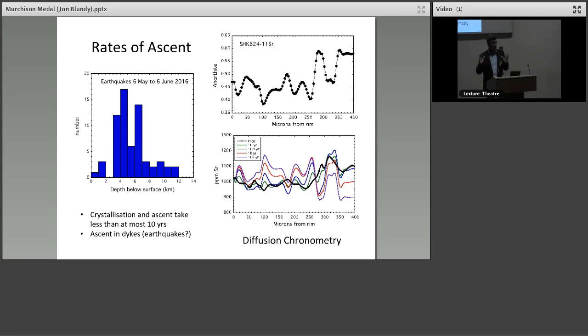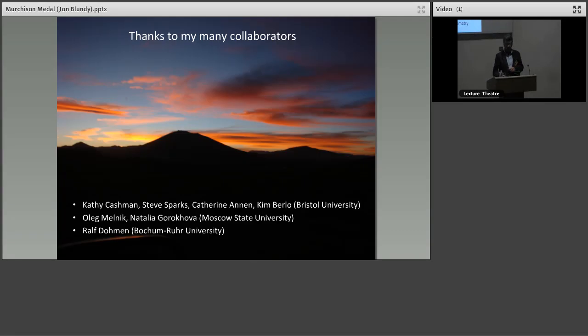So what happens at volcanoes like Mount St. Helens is that there is a destabilization at depth. Magma rises upwards rather quickly, is stored for a very short time in a shallow magma chamber, and erupts. And I think that provides us with a very nice new framework to start to interpret monitoring signals at restless